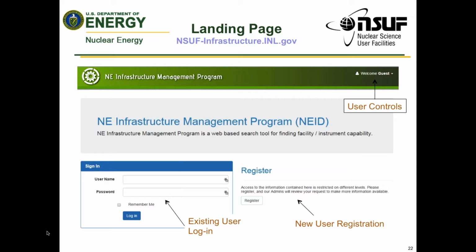Here you can get to the user's guide or the guide for using the database. You can also establish a profile for yourself, these types of things. So that's the user's control. But then to use it, it's really quite simple. You have, at this point, two options. You can just browse the data, and you get all of the information there before you, and then start searching down. Or if you have specific questions, you can go into the search mode, and you can really direct the search that you're looking for.